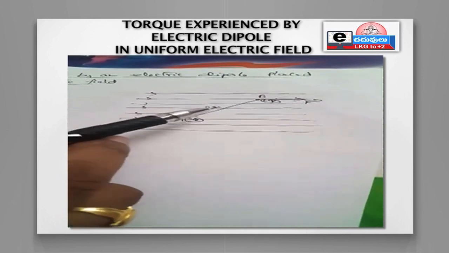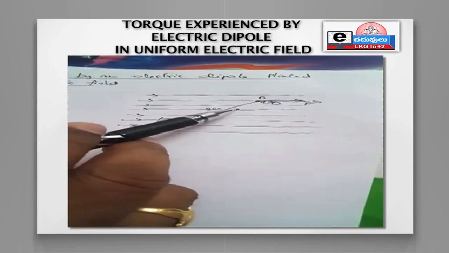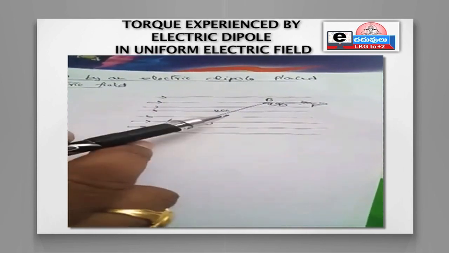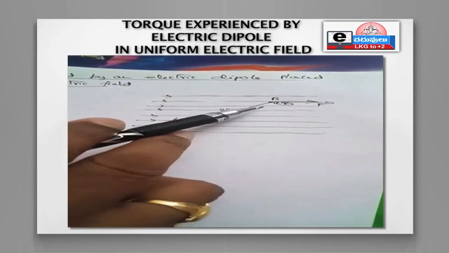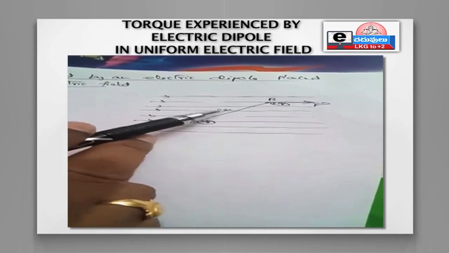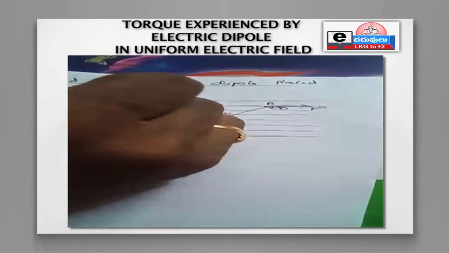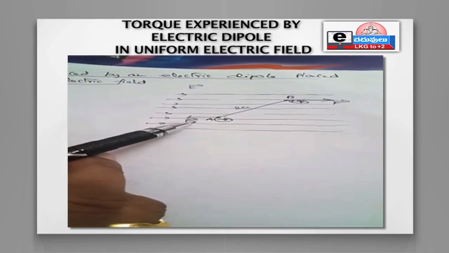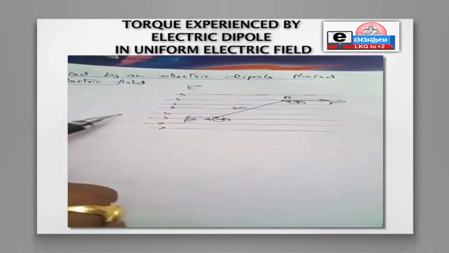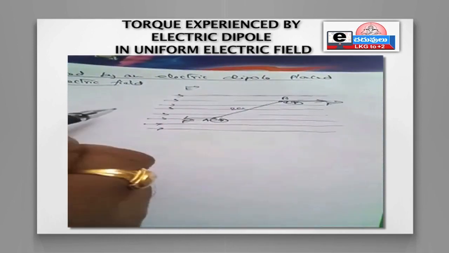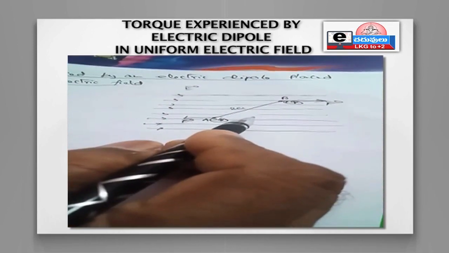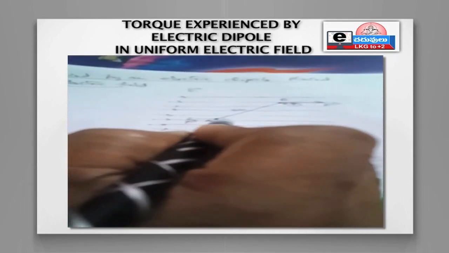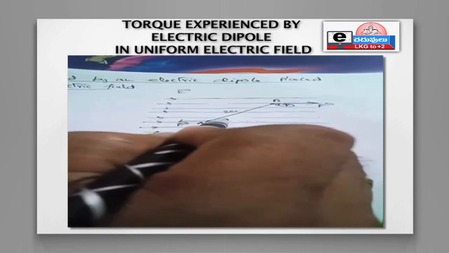When two equal and opposite forces are acting, which makes the object rotate, then we can say torque is experienced by it. In the 11th class we have studied it, and the same concept I am going to take. AB is a dipole of length 2A placed in the uniform electric field of strength E, so it is going to experience a force. That force will be equal and opposite. One is acting in this direction, one is acting in this direction. Then I want to find the torque. Now, with respect to the electric field, the dipole is oriented making a certain angle theta here.